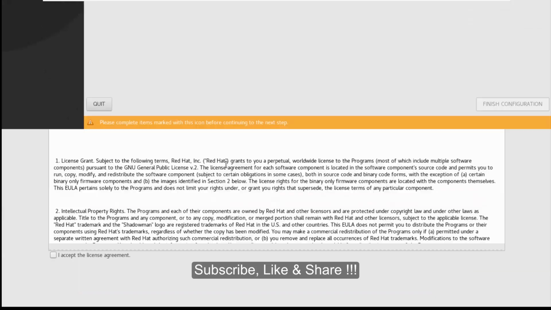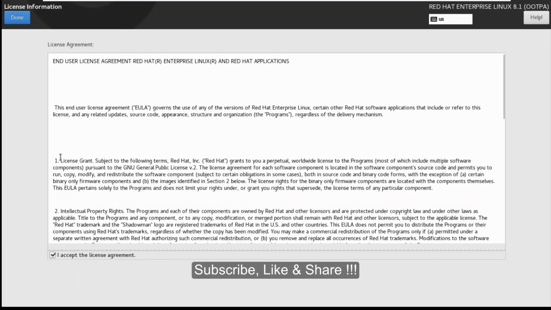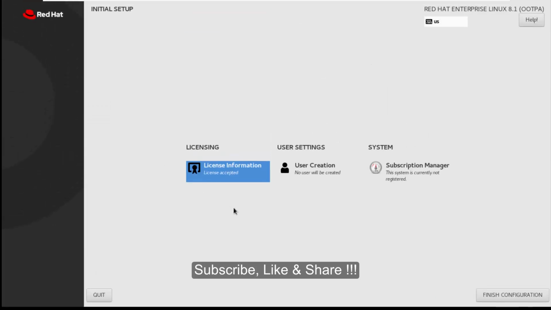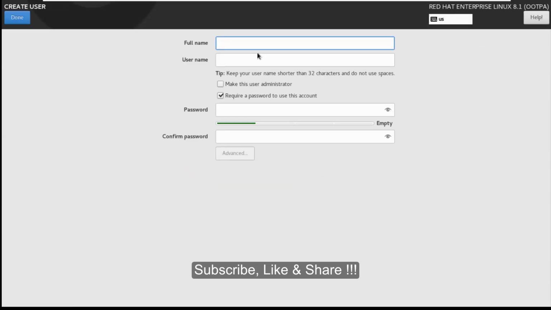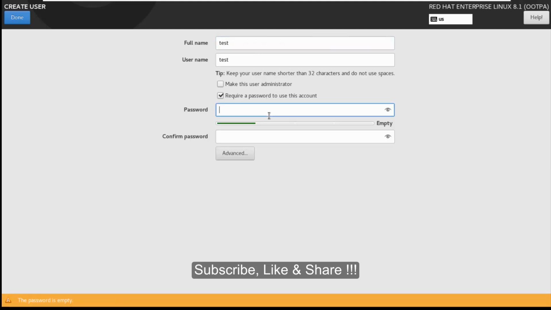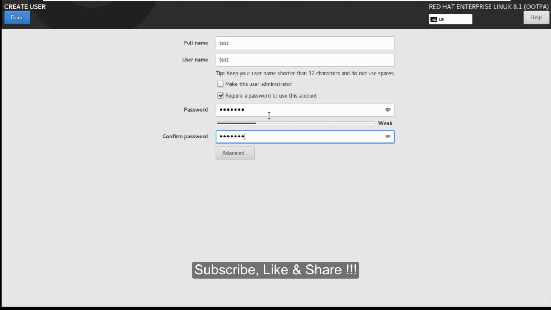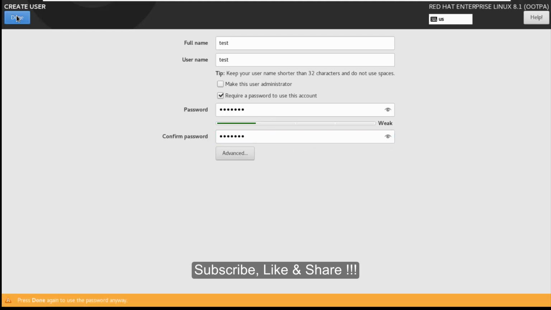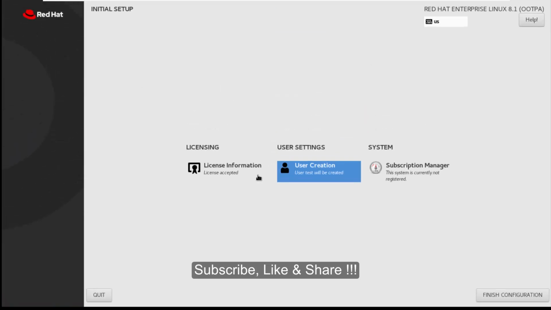Licensing: we need to accept the license here. Accept the license terms. Then user settings. If you want, you can create a new user from here. Let me create a new user with the name test, full name test, and a password. Then subscription manager.